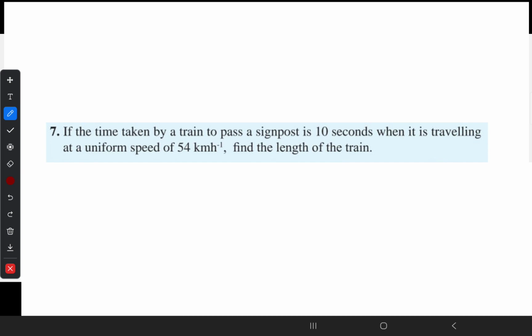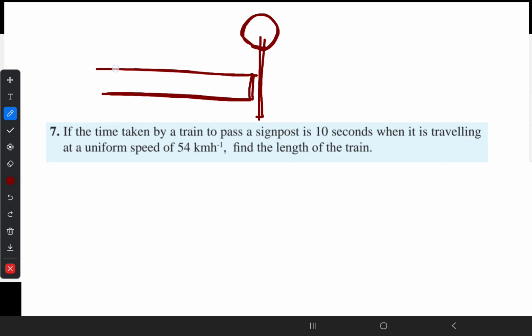That means here, this is our signpost. So the train is coming from here. Let's consider the time taken from when the engine of the train overlapped with the signpost, the thickness of the signpost. So this is the length of the train. Now we will consider the time here as 0, to entirely cross this